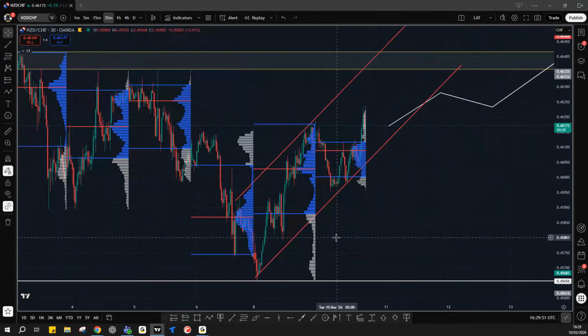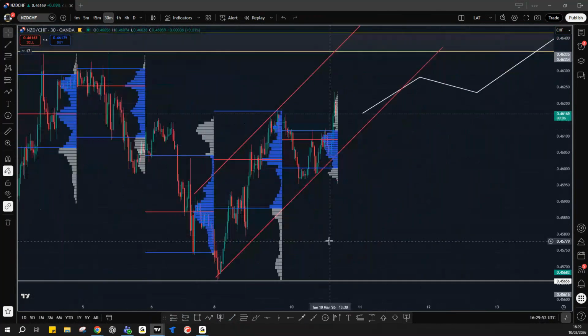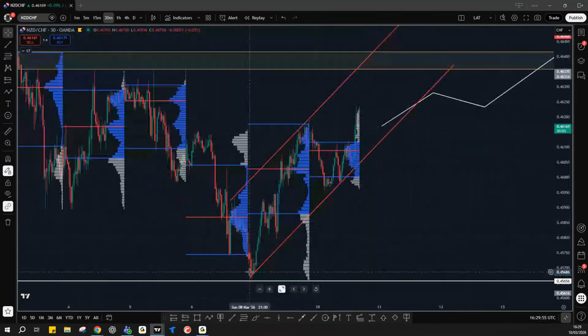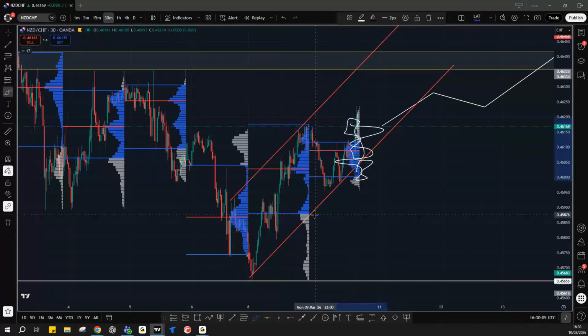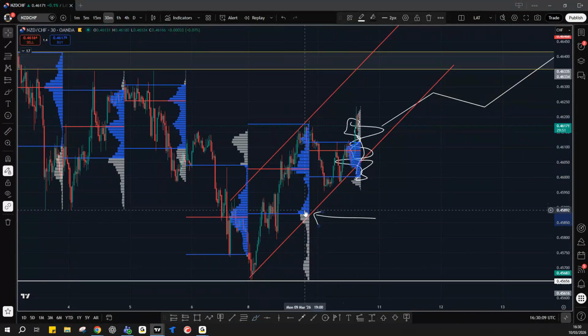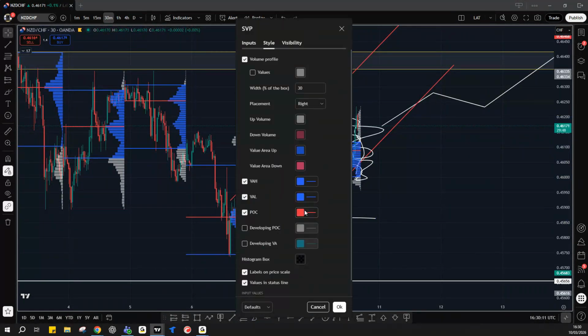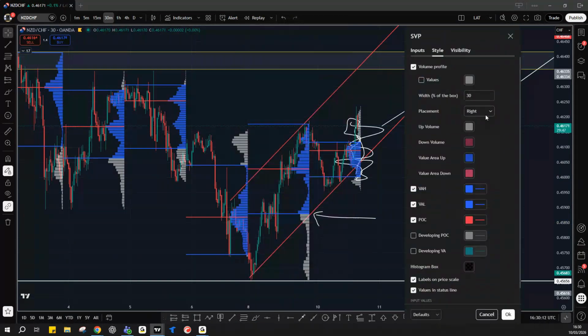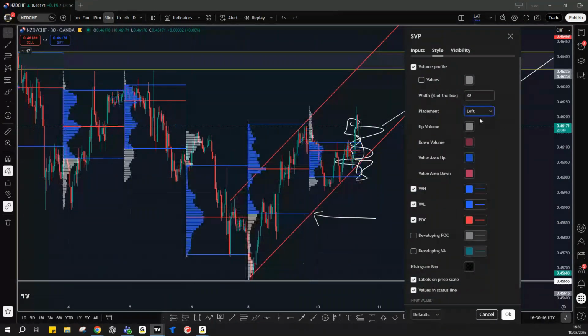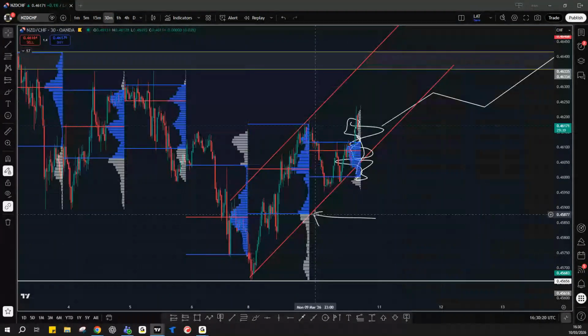For today, we did have what looks like an okay situation. We've started to see this new uptrend formation. We had the point of control. Again, we're not focusing on today's one. We can kind of ignore this. We're focusing on yesterday's. Mine is facing on the left, on the right-hand side of the chart. Yours might be on the left. Same profile, same day. It's just placed slightly differently on the chart. So we're focusing on this day and maybe the day before it.